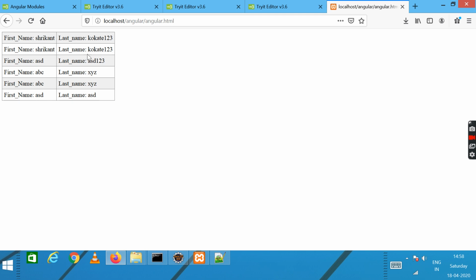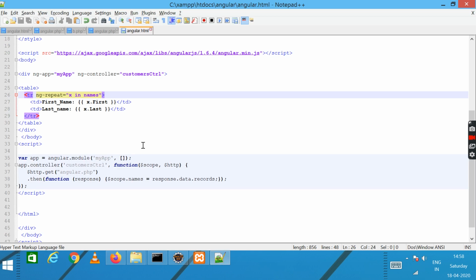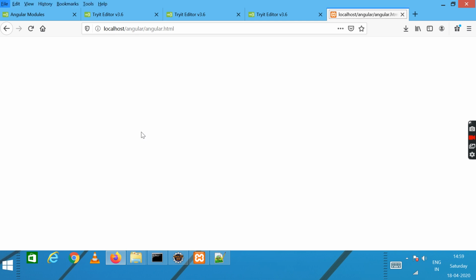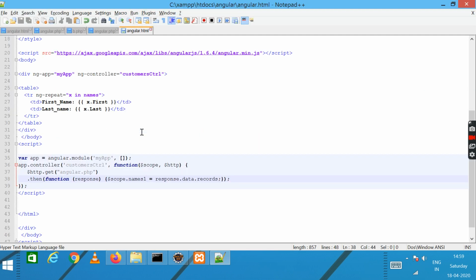Each alternate row has CSS applied. Suppose I change these names to names1, in both places. If I run this, it will not read, because the names you read and the value you read are different.